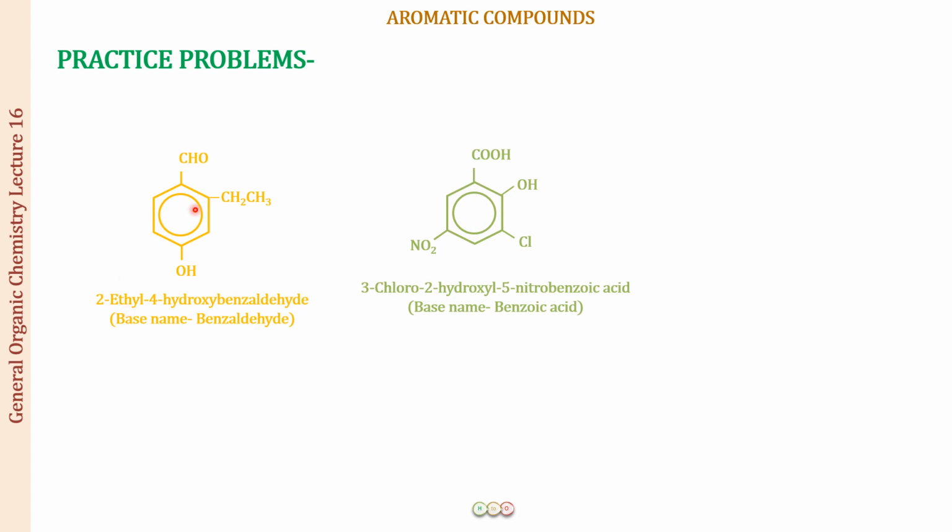The next you can see we have the COOH as the functional group. And when this is the functional group, what do we use as the base name? It is going to be benzoic acid. This is benzene carboxylic acid, but the base name that we will be using is going to be benzoic acid. And then again you have to number from this way or this way. It will be obviously this way, giving a lower number to the substituents. So the OH group is going to be at position number 2. You can see 2 hydroxy, and then at position number 3 it is going to be chloro, and at position number 5 it is going to be nitro, all arranged in alphabetical order. So 3 chloro, 2 hydroxy, 5 nitrobenzoic acid.